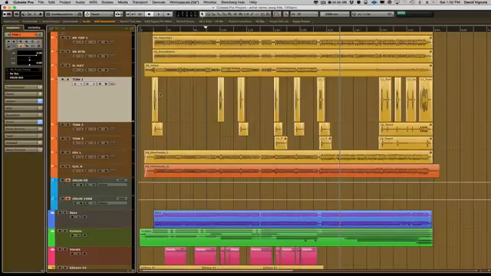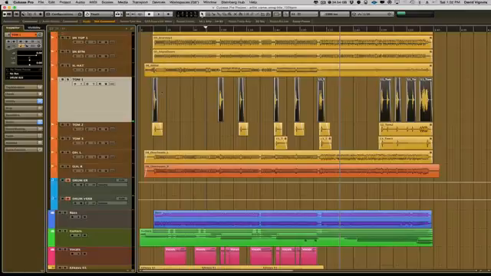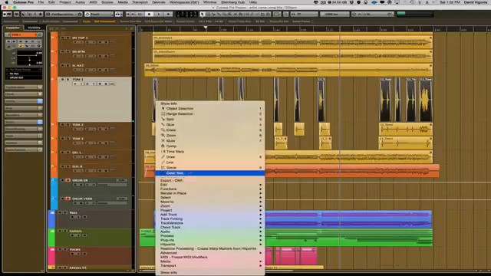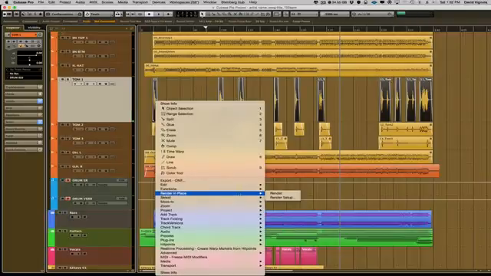And the reason for that is when you send out the recording session, to make sure everything lines up and starts at 0 on the timeline, everything is synced up properly. You don't want to have it all chopped up like this. You want to go ahead and you want to render it. So what you're going to do is you're going to highlight all these little events. Okay, you are going to right click, and you're going to scroll down to render in place, and then go